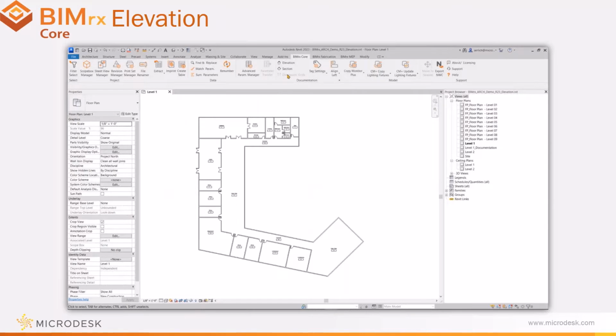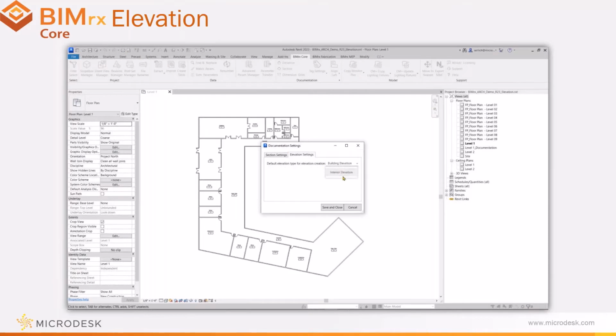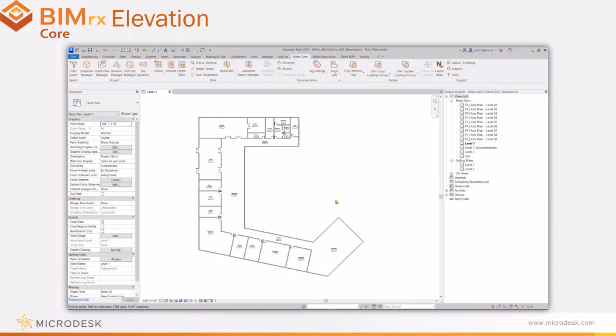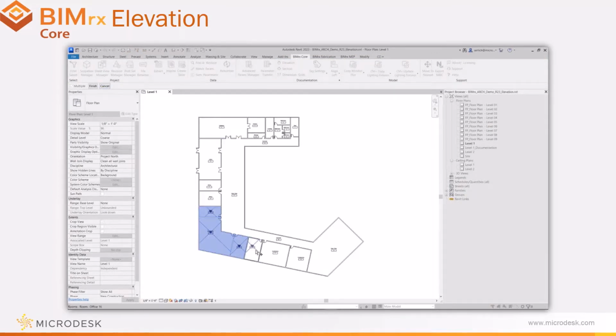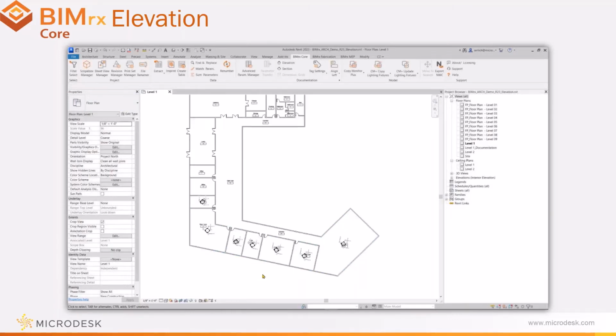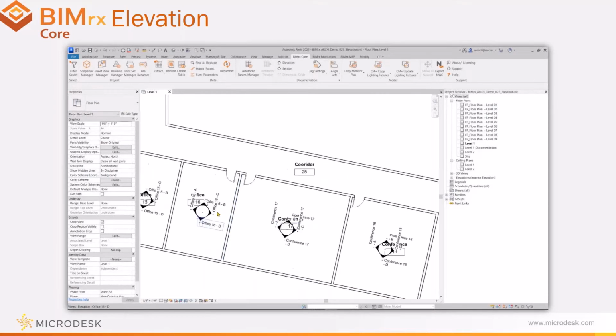Now let's move on to the BIMrx Elevation command. With the BIMrx Elevation command, we can create north, south, east, and west interior elevations of our rooms. Here we can select within our settings the elevation type. And then when we run the elevation command, we can select many different rooms to create elevations for. As you can see, we are selecting rooms that are facing different directions and have different angles. New in BIMrx 3.2 is the ability to select rooms that aren't facing the north, south, east, or west directions